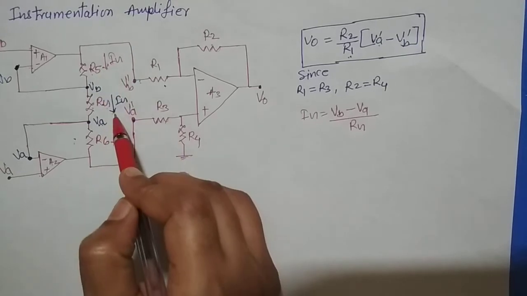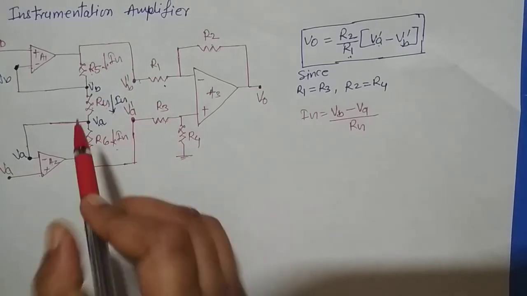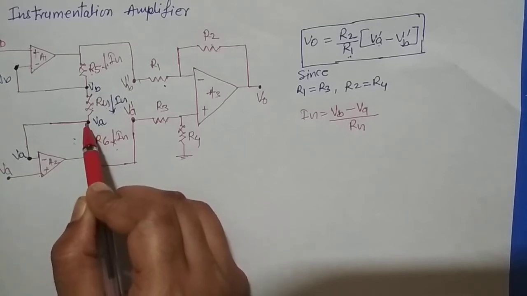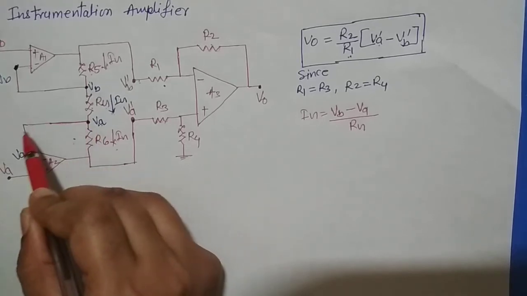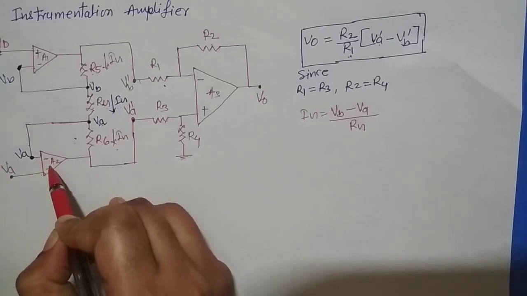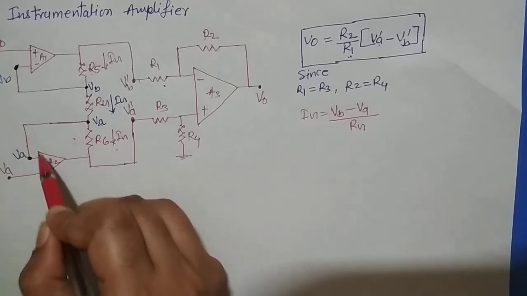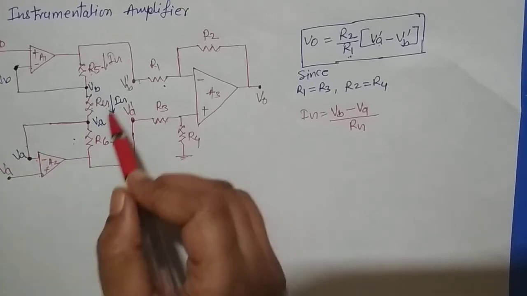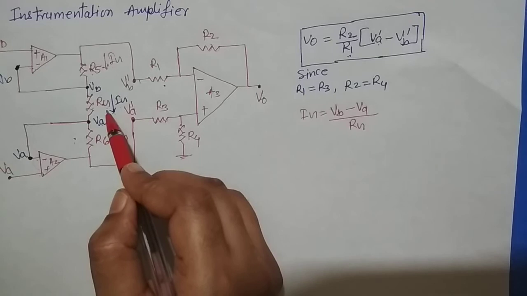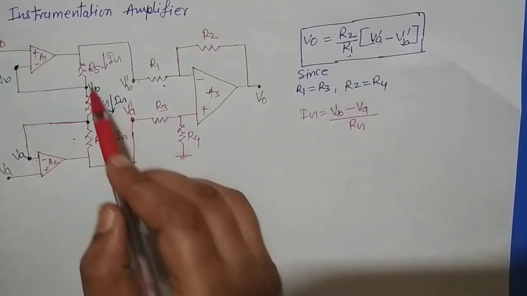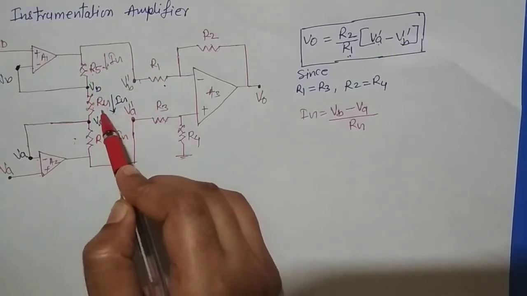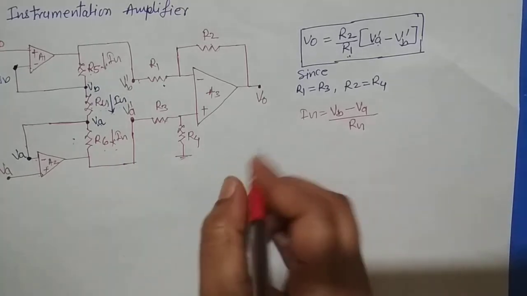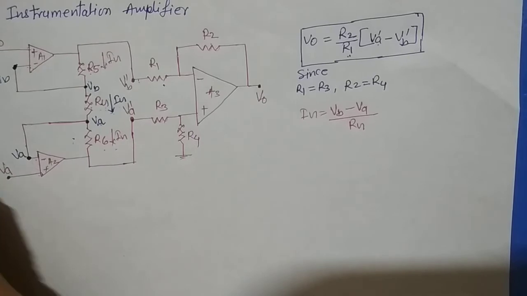So this current and this current and this current will be equal, because at this node some current is flowing towards this op amp, but here this is the input part of the op amp, so the current will be 0. Okay, so this Ig, meaning the current across R5, will be equal to the current across Rg, which will be equal to the current across R6. Okay, so if we apply KVL, then the KVL equation will be